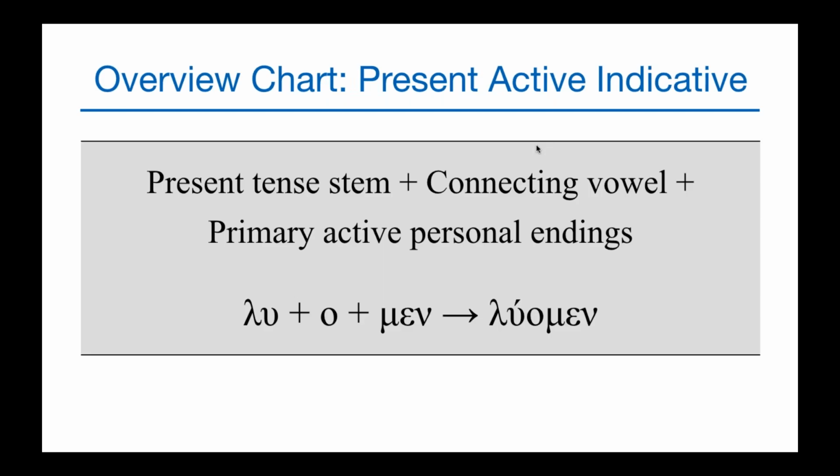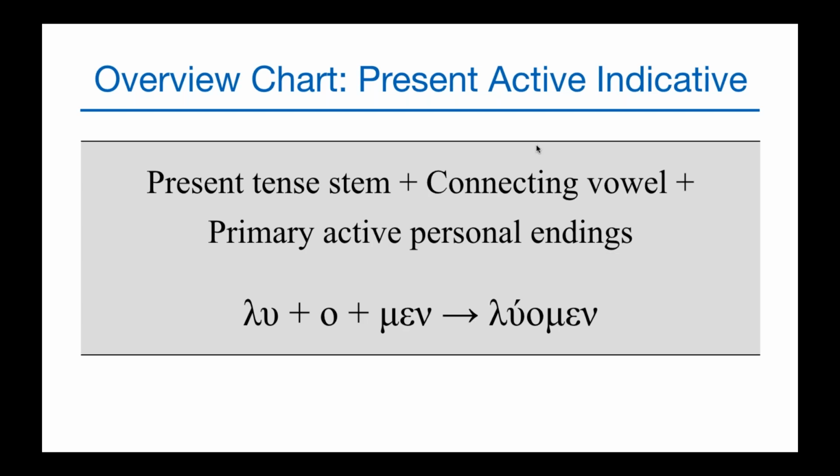Okay. Now, if you have your book, this is on page 162. This explains how we form the active forms of verbs. Each time we do a new tense, he's going to have one of these charts, and it's going to tell you the basics of how we make it. This is the simplest one, and it's sort of the basis of all the other ones. We're going to have these three parts, and then the absence of certain parts or the addition of other parts is what's going to distinguish the other